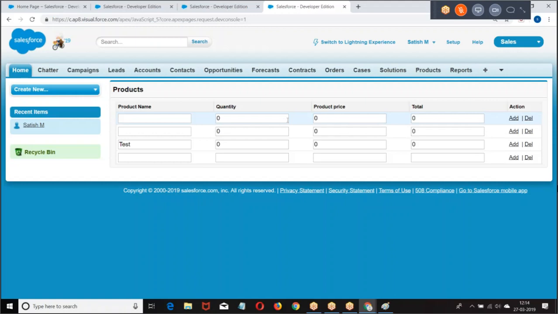Now the question is, how do you pass the row number to the Apex class? If you want to delete, we have to say remove index. If you want to add an element at a particular position, list.add(index, element). So how do you pass that index value from JavaScript to the Apex class? Did you get my point?